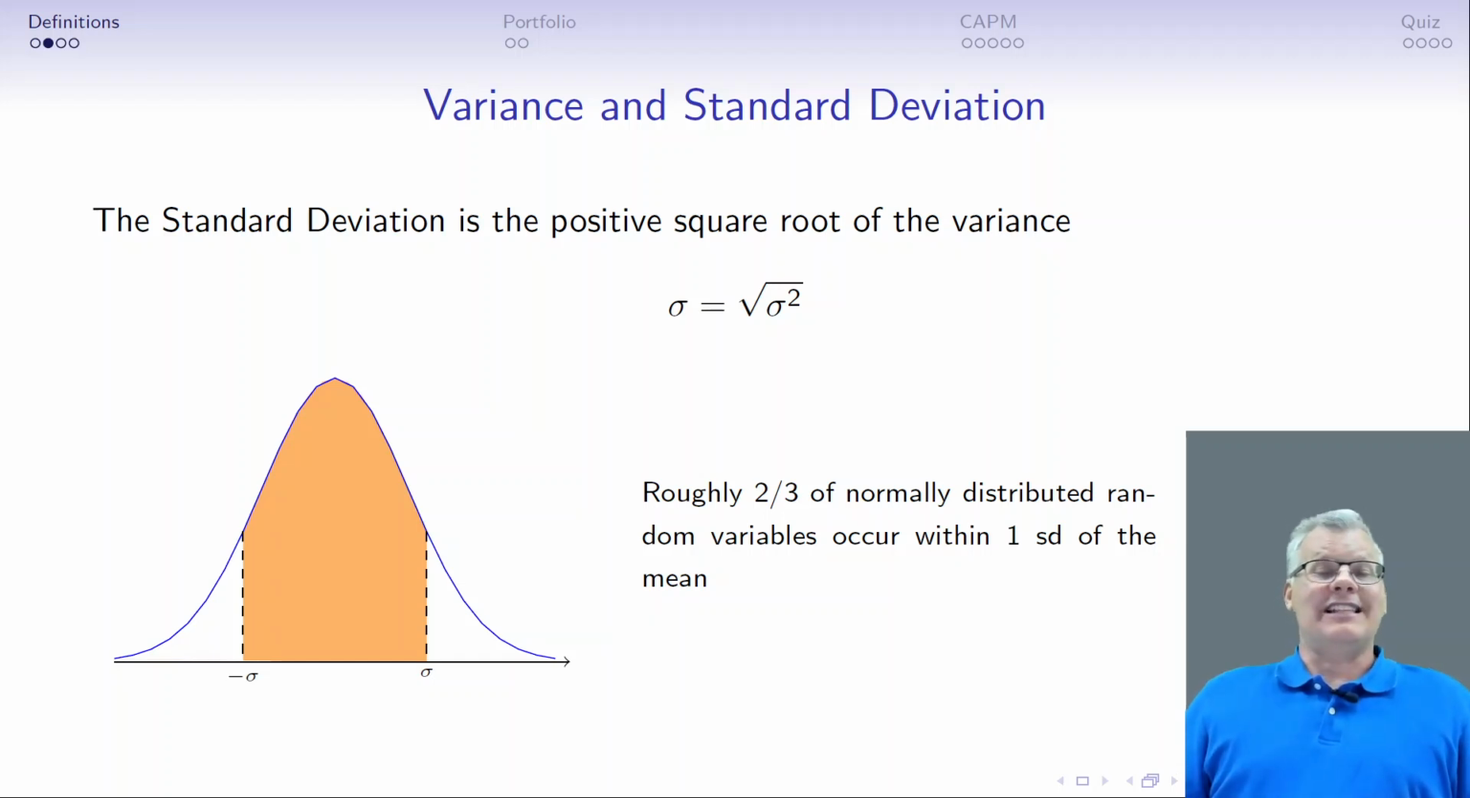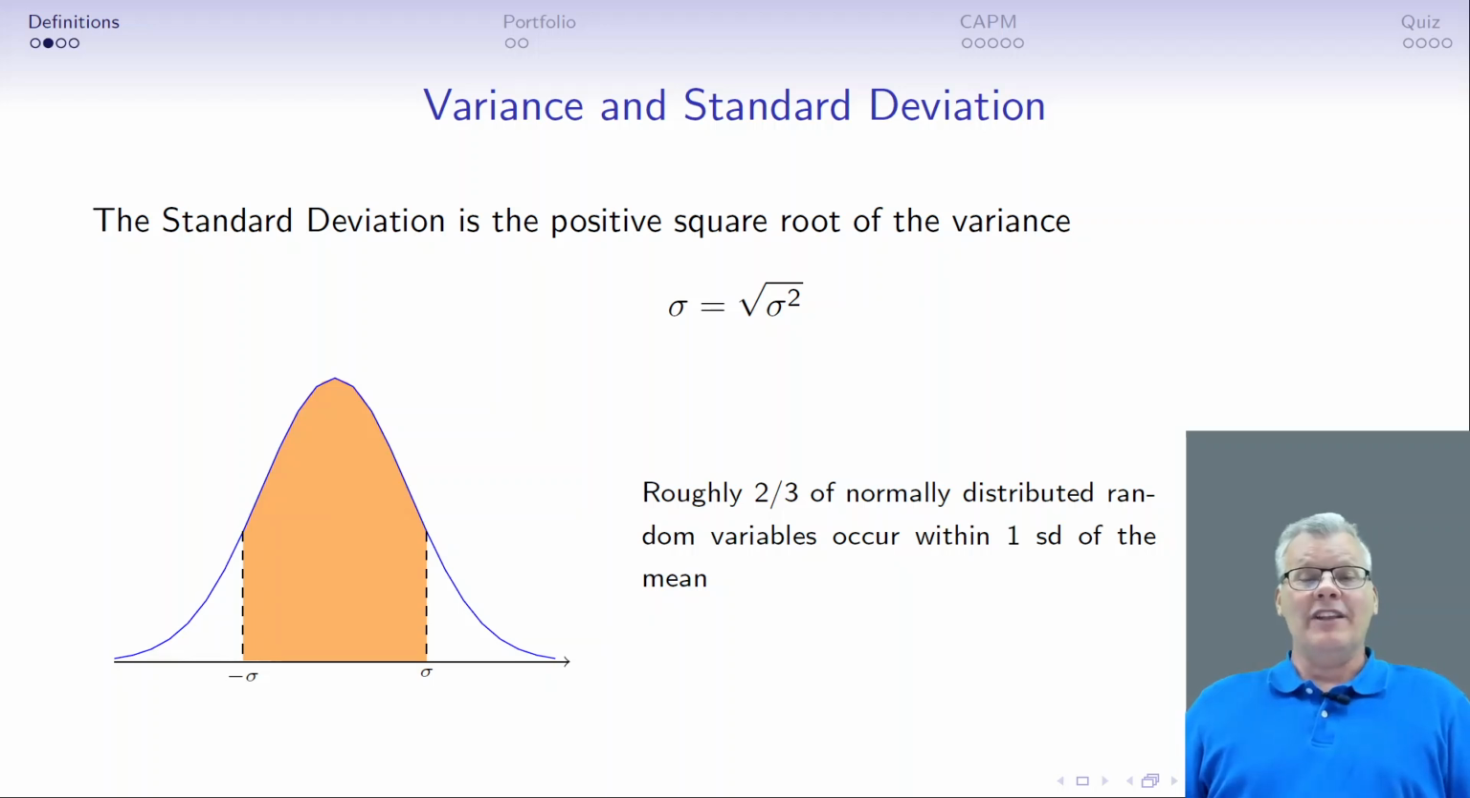Now, the relationship between the standard deviation and the variance is quite simple. The standard deviation is the positive square root of the variance, right? A variance has to be a strictly positive number, and the standard deviation is its positive square root. The way to think about it, perhaps from an intuitive standpoint, is if we had a normally distributed random variable, roughly 2/3 of all realizations or observations of a normally distributed random variable will be within one standard deviation of